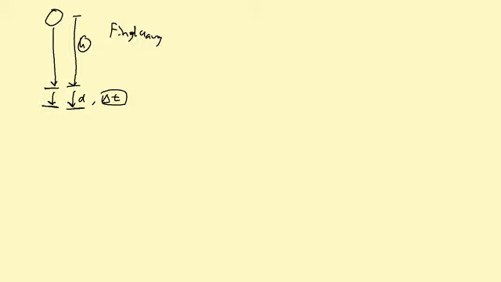Okay, so first we want to find out how fast it's going when it hits the ground. I'll just call it v. So v, we know how far it fell, right? This height h, so let's say v squared equals its initial velocity squared